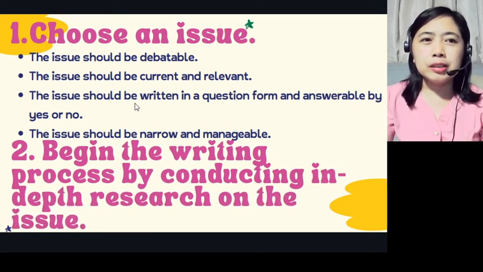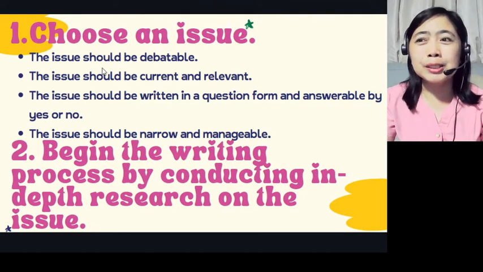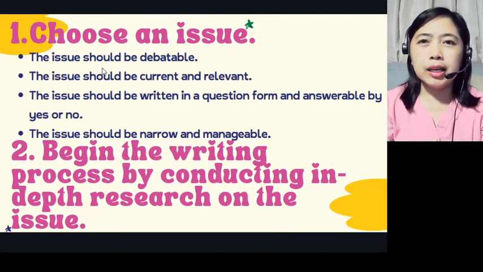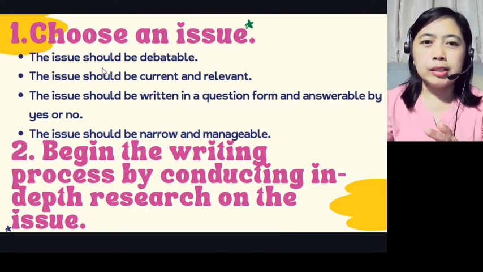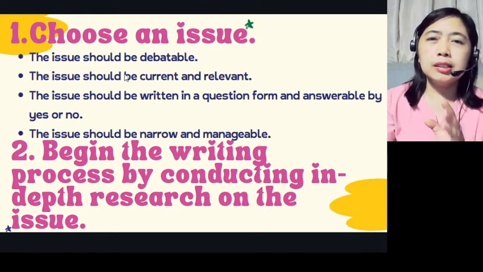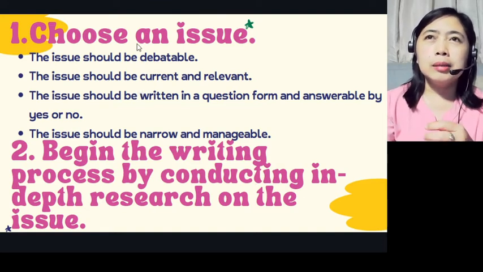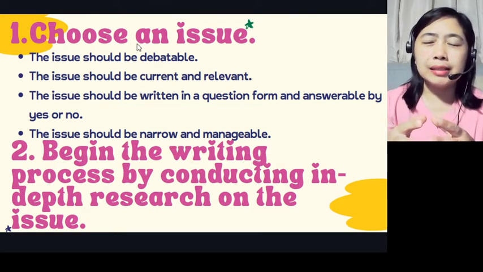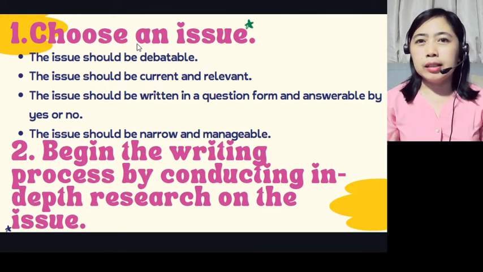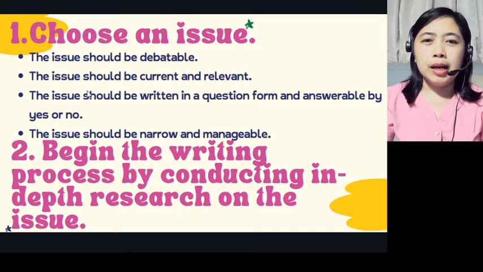Okay, the first one I chose is choose an issue. It's very essential. Of course, you need to start with a plan. Unsa diay ang akong issue, unsa diay ang akong concern. So naa diri ang imuhang parts. Choose the issue that is debatable. Dili lang kay ang debatable, makaingon ta nga dili siya ma-answer lang sa question nga yes or no. Kaya kung imuhang issue kay ma-answer lang sa yes or no, wala na tayo laing hisgutan, wala na tayo laing i-discuss. Diba?